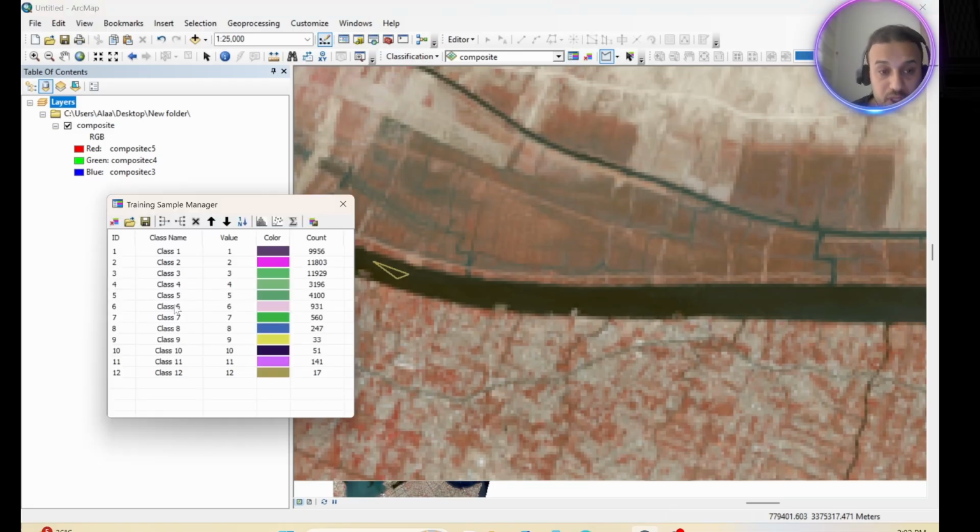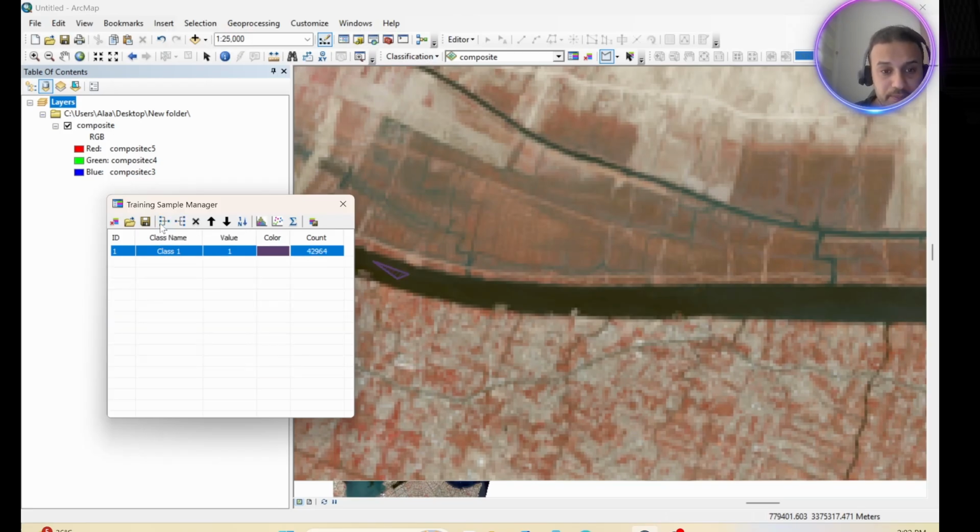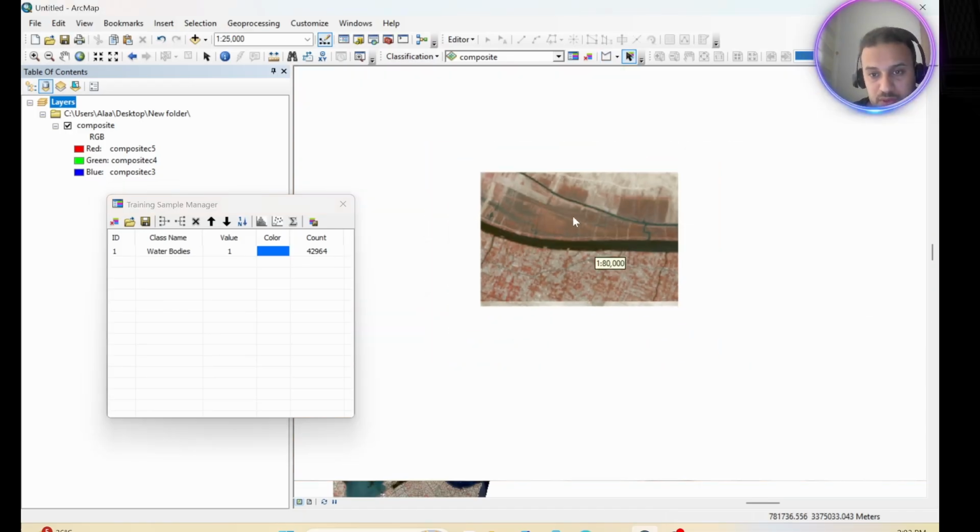After you select, you have to go to the training sample manager. Within that training sample manager, you select the first one and then go to the last one and use the shift key on your keyboard and select all. After that, we go to merge training samples, and then I'm going to merge all these classes that belong to water bodies. Okay, water bodies. I'm going to choose this color blue for water bodies, and then we have to go back to select training samples again, zoom out,